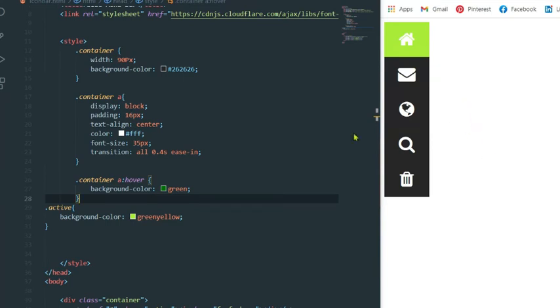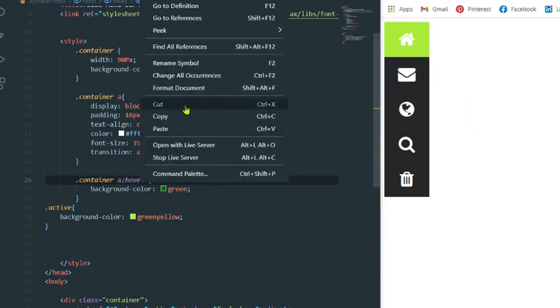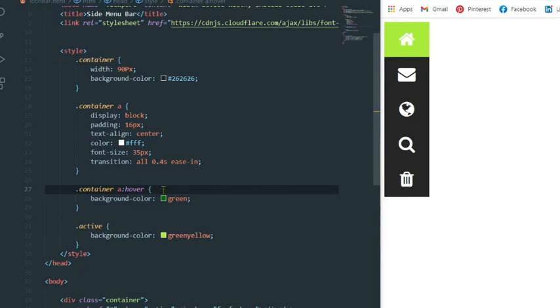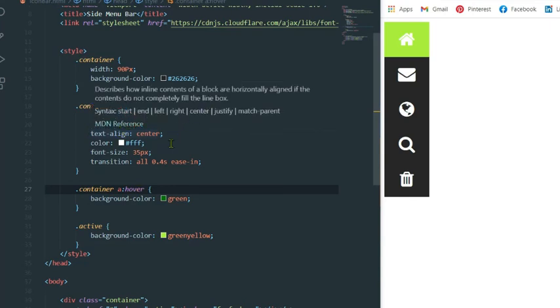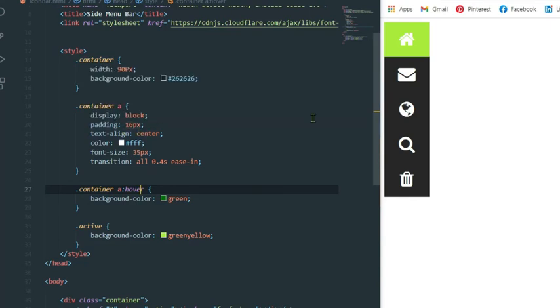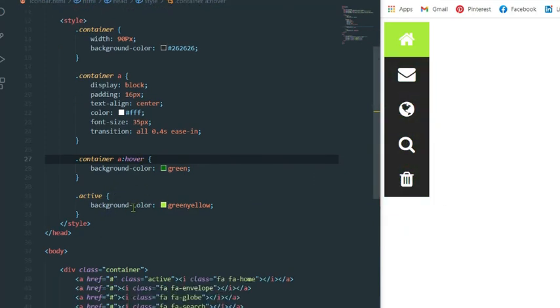So you can do the experiments. As you can see, I have tried to maintain this code as clean as possible. There are a lot of ways you can modify this and write this, the same thing you can write in a bigger code, but here I tried to keep it simple because we have used the property of display. There are multiple properties which you can use, but this is the easier and more convenient way. So padding, text alignment, color, font size, transition, for these effects we have used the hover on the a tag, so when someone hovers we get this effect. Now we have an active.